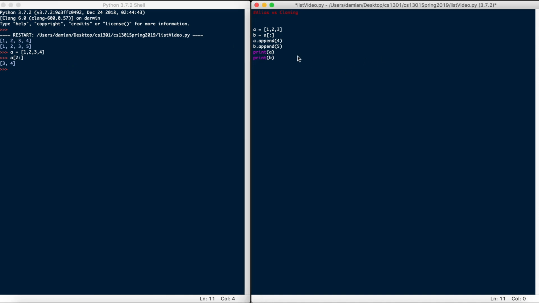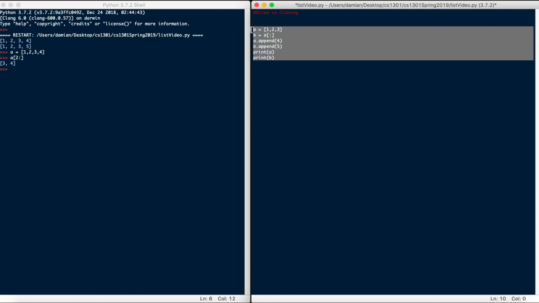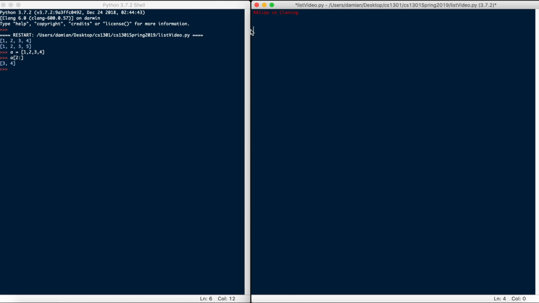Okay, now back to aliasing versus cloning. So we know how aliasing works, we know how cloning works. If you do something to an alias, it reflects in both A and B. If you do something to a clone, things that happen to A only happen to A, and the same thing for B. Now this kind of gets tricky with nested lists. So this is the only exception to that cloning rule. Before, I said anything that happens to a clone does not happen to